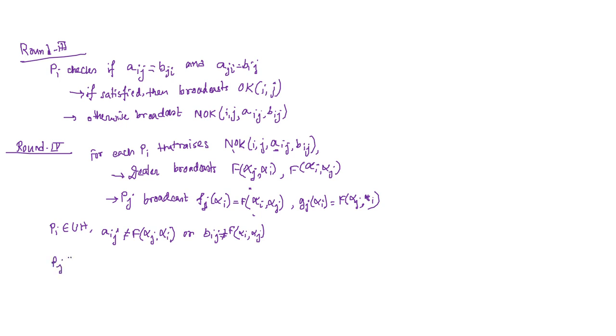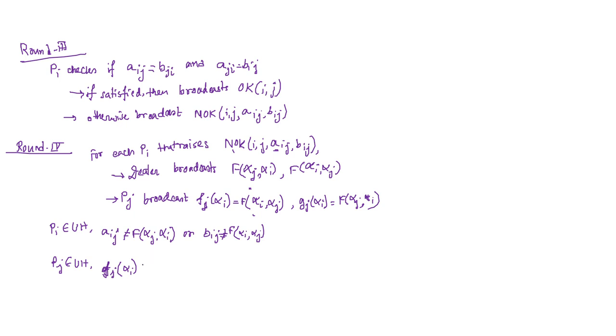Similarly, Pj also may go to the unhappy set if the value that it now broadcast, so it has its own value fj of alpha I,